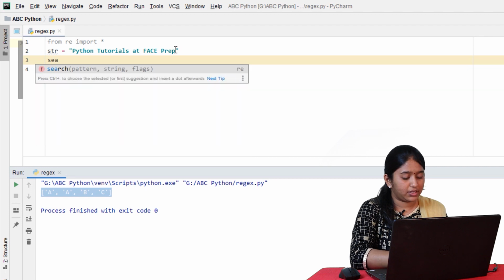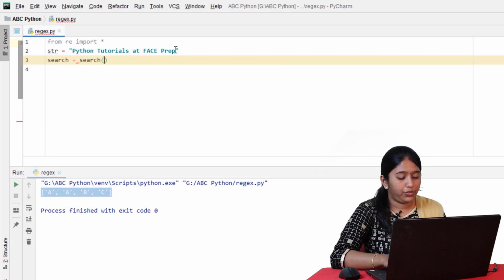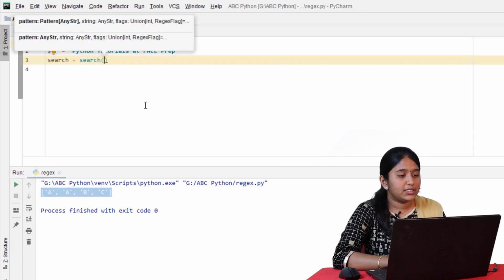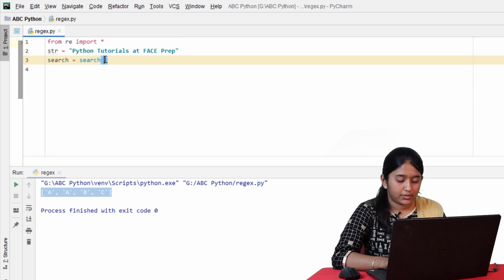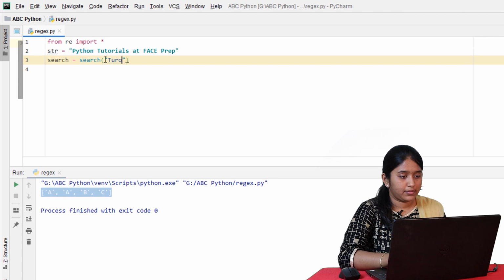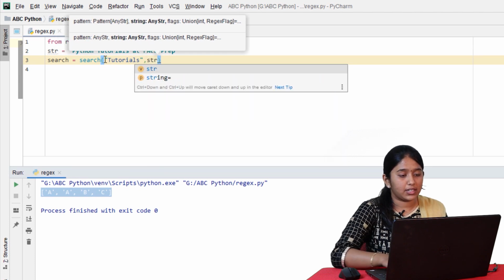Now let's declare another variable. search is equal to search of. Let's search for the word tutorials in this given string. tutorials, comma, give the string name str.